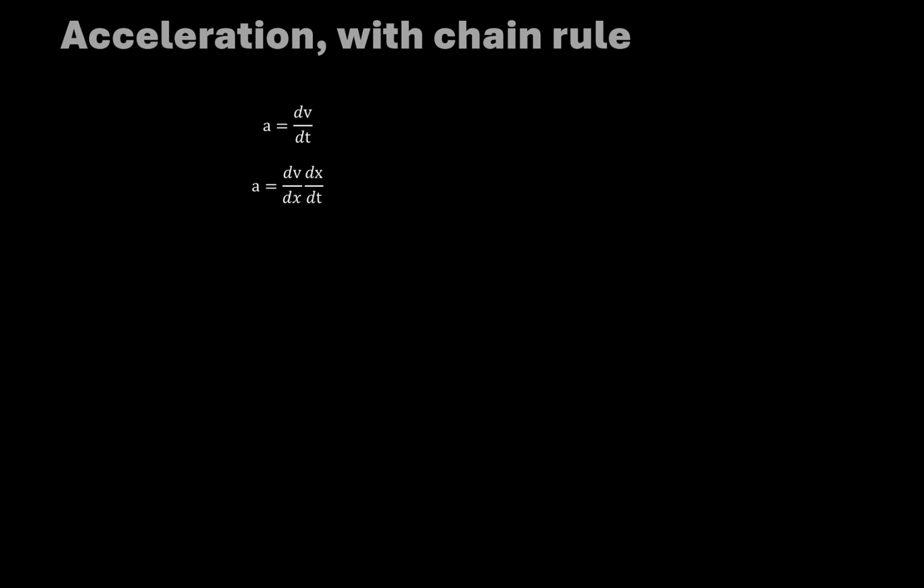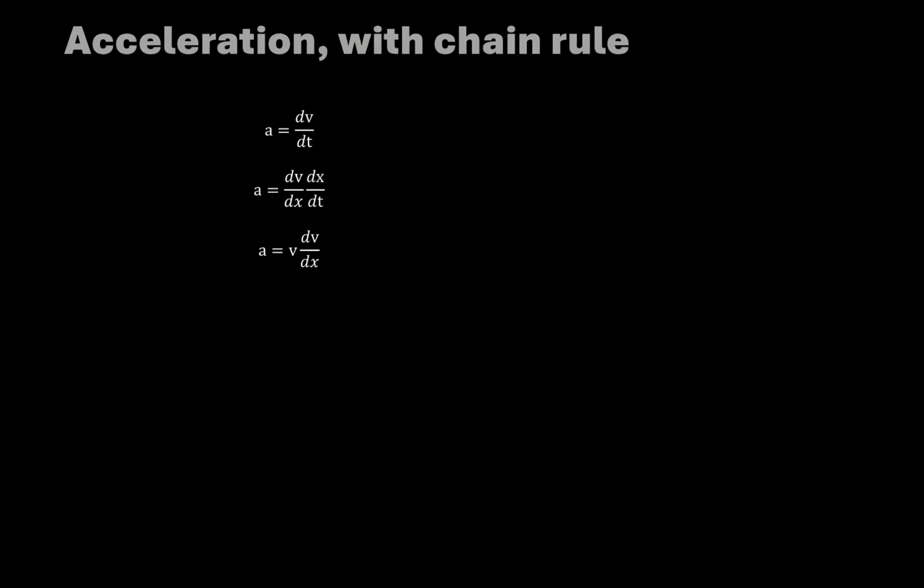This is useful because the derivative of displacement with respect to time is also velocity. So acceleration is equal to the velocity multiplied by how that velocity changes with displacement. You can see how from doing this we've essentially just got rid of the time